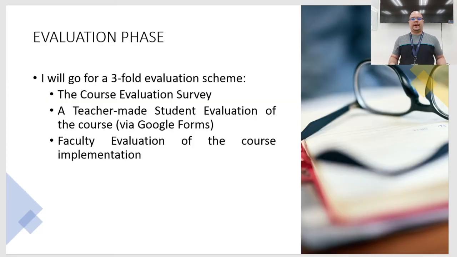Finally, we have the evaluation phase, and as mentioned, there are 2 forms of evaluation, formative and summative. While the formative is ongoing and it is done all throughout the course, there is the summative evaluation that will be done at the end of the course. And this is a 3-fold evaluation scheme. First is the course evaluation survey, which is institutional in nature. Second is the teacher-made student evaluation,